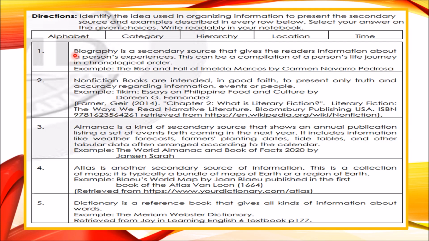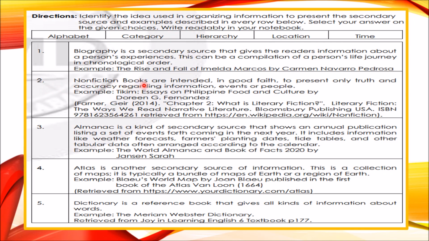For example, number 1, biography is a secondary source that gives the readers information about a person's experience. It can be a compilation of a person's life journey, in chronological order. So with this order, chronological order, what is the answer here? Is it alphabet, category, hierarchy, location, or time? So number 2,